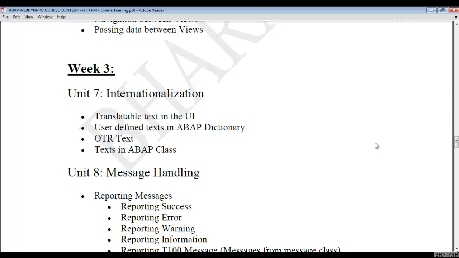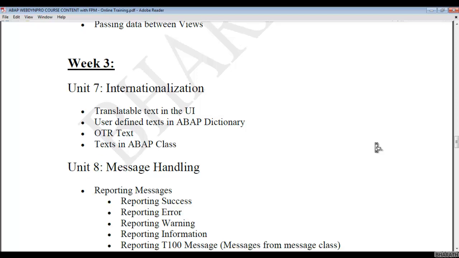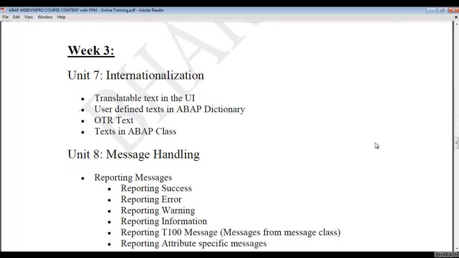In order to support all these multiple languages in WebDynpro ABAP, we have a concept called internationalization. How to achieve this internationalization? We have different ways to achieve it in WebDynpro ABAP, and these are the different ways that we will discuss and see.